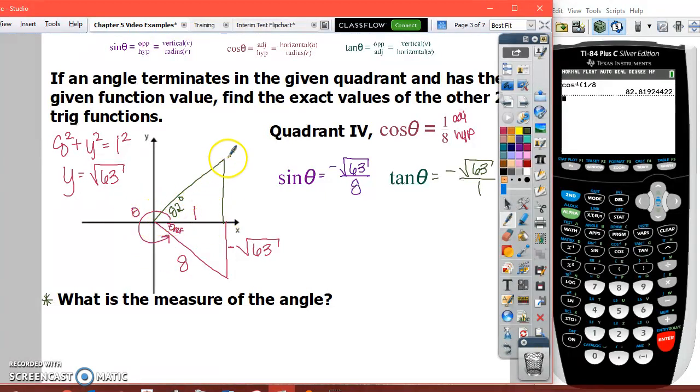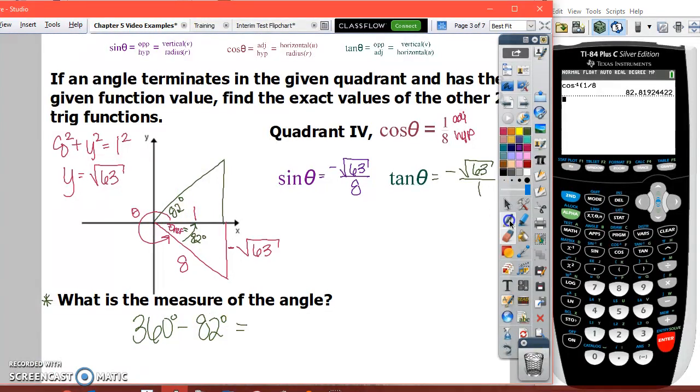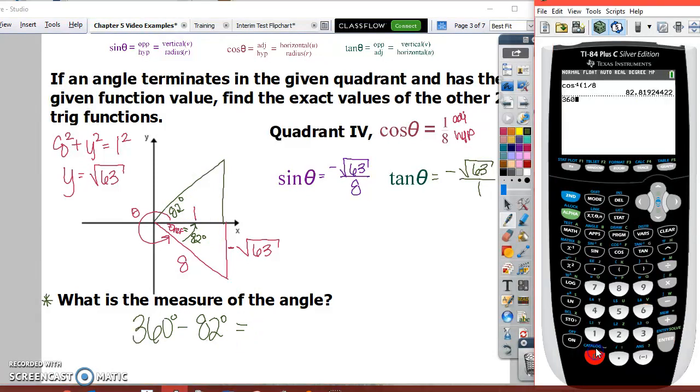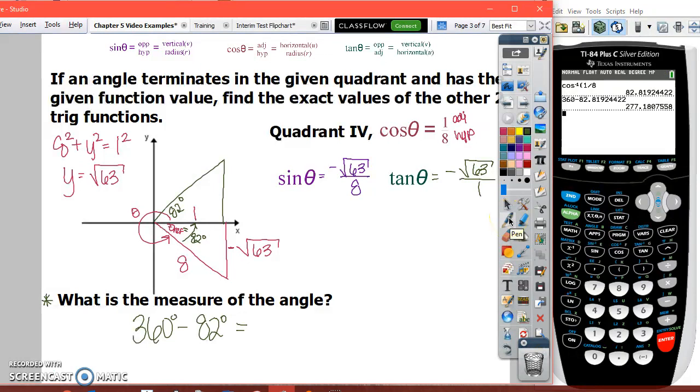This angle is 82 degrees, and so that gives me this reference angle right here would then be also 82 degrees. So to figure out what angle theta is, I'm going to take 360 minus 82 degrees. Now keep in mind, this angle isn't a perfect 82 degrees, so even though that's what I've drawn on my grid and what I've shown on my math right here, I'm going to take 360 and I'm going to subtract that entire angle. Okay, so without rounding,